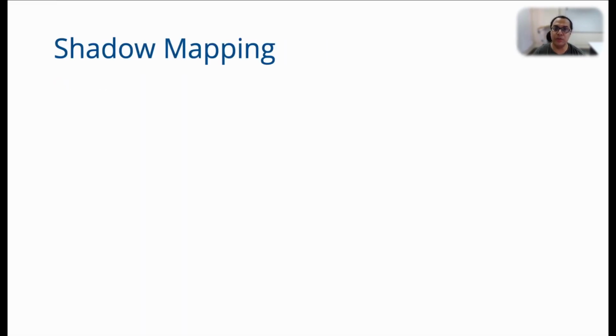Textures can also be used to create shadows in the scene, and this process is known as shadow mapping. Here a texture is used to store the shadow variable. So remember that in our Phong illumination model, we said that we can extend it to handle shadows by having this binary variable for point light sources, where for every point light source and a surface point, this variable says whether that surface point is in shadow with respect to a particular light source or not.